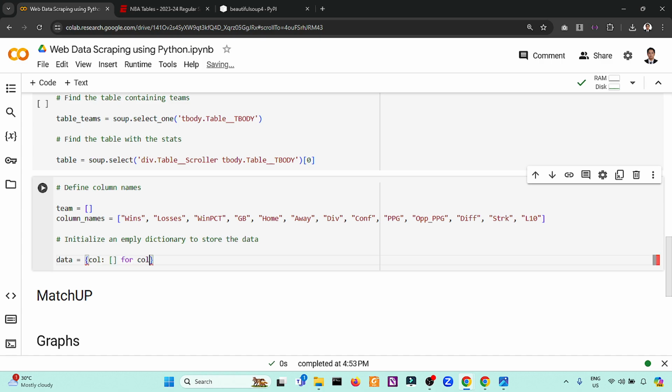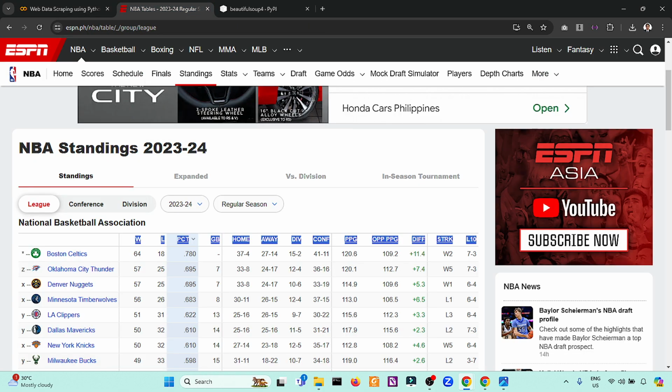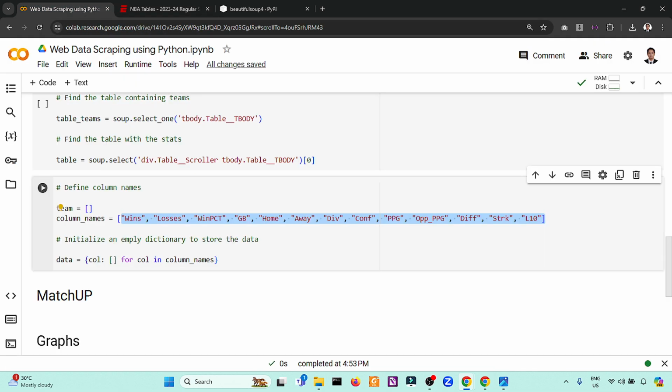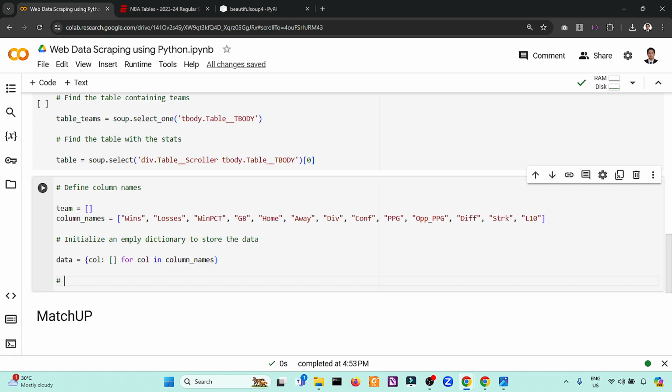Then we need to loop this one in our device column names. So what we find here, for example, from 64 to 73 will be stored in this header. So this column names, then we have to loop through elements containing the theme.